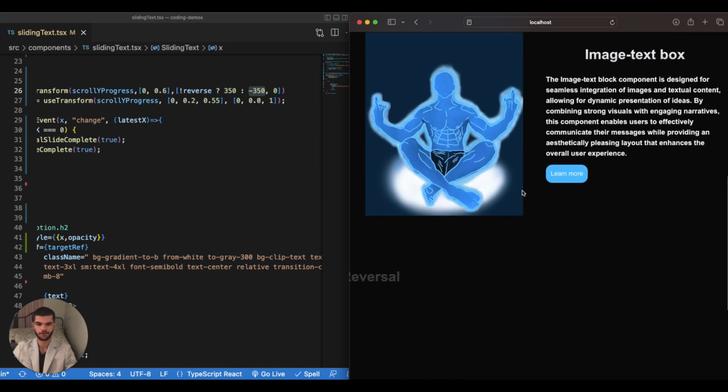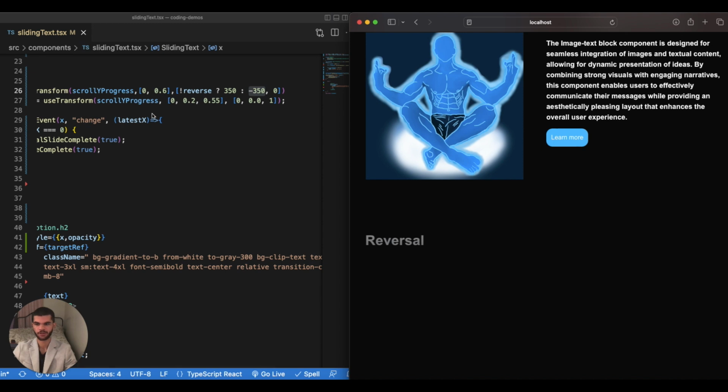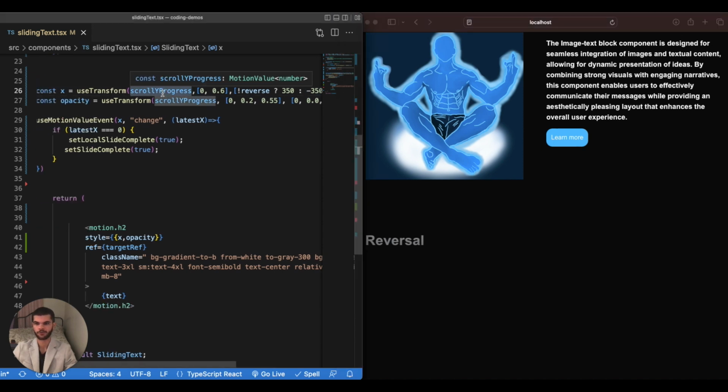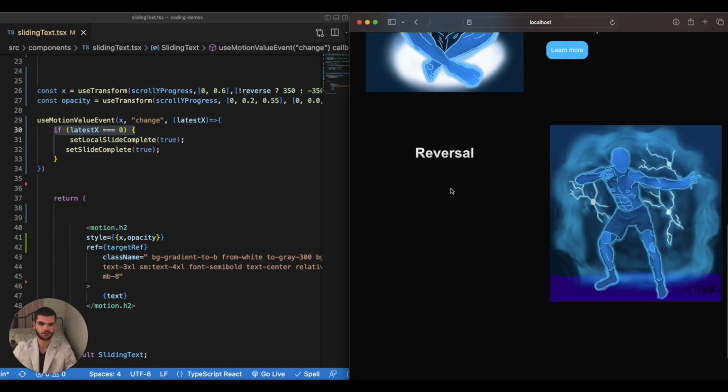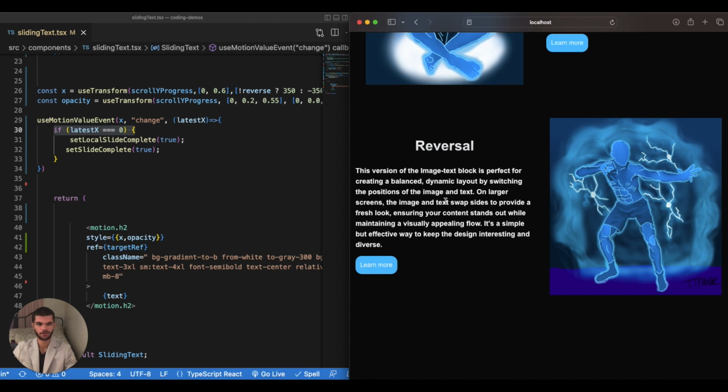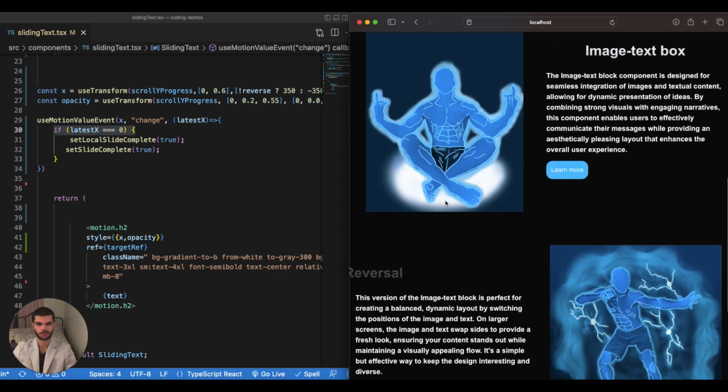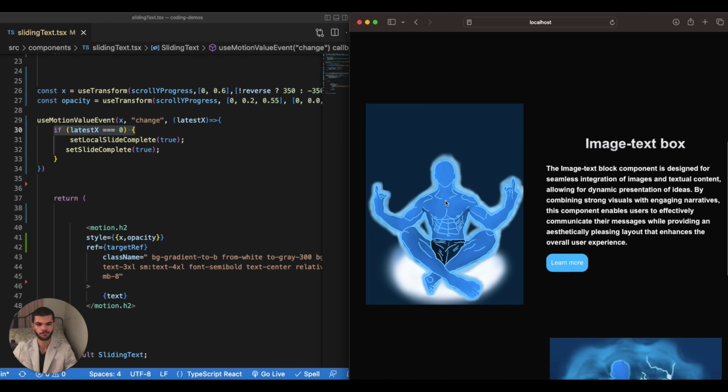So you can see the opacity in x changing based off the progress of scrolling in the y. And every time that value changes, the useMotionValueEvent occurs, and it checks if it equals 0. And once it does equal 0, you can see the sliding happens. And it's very interactive, and it's a good way to keep your users on your screen, and another cool way